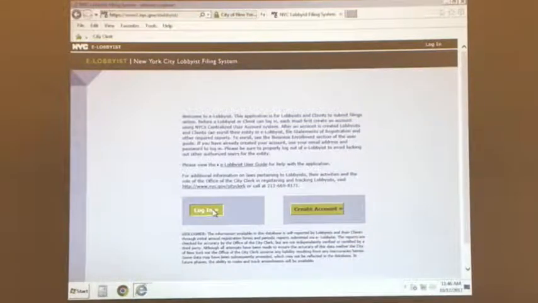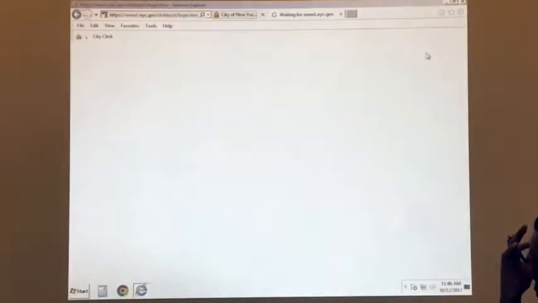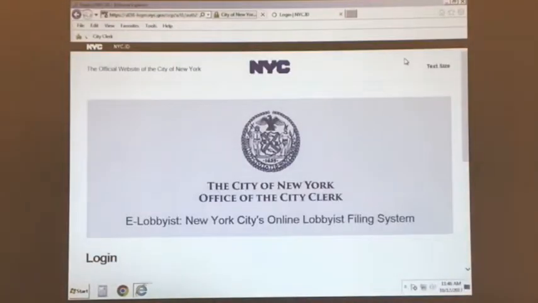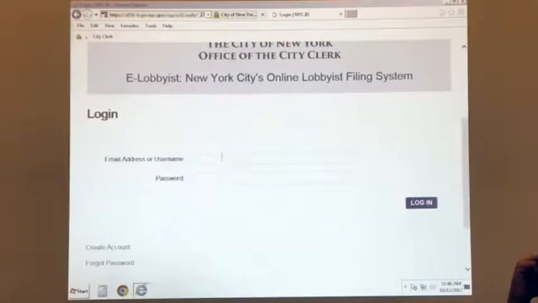Okay, once you create your account, you're going to go to log on. Be wary of saving your password. It's perfectly fine, but then you're going to change it later and you're not going to remember that you changed it, and your old one is going to be saved, and then the system is going to tell you, user ID not found, and you'll have to call us and have us help you.